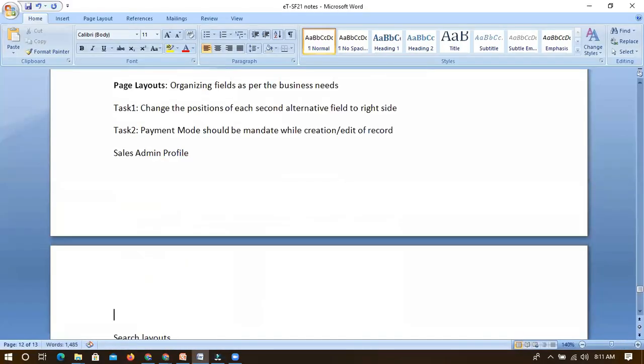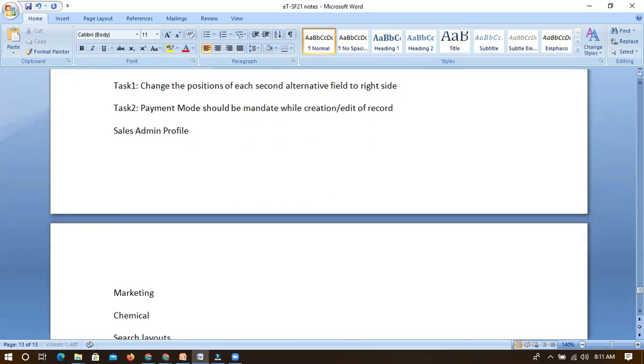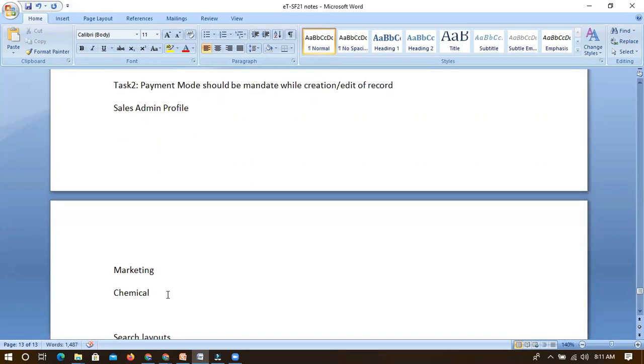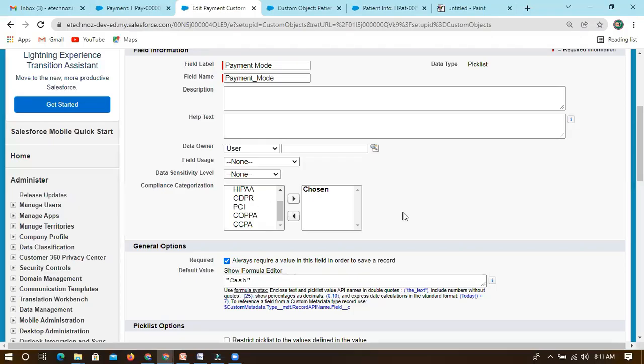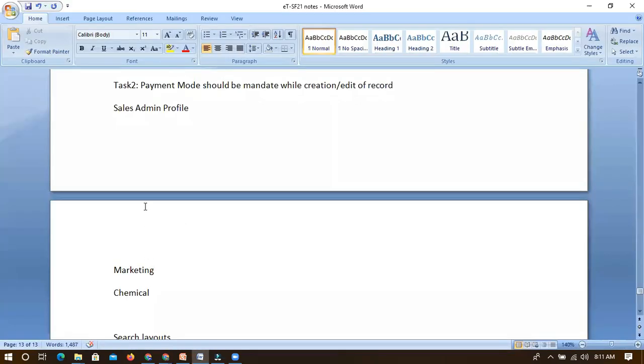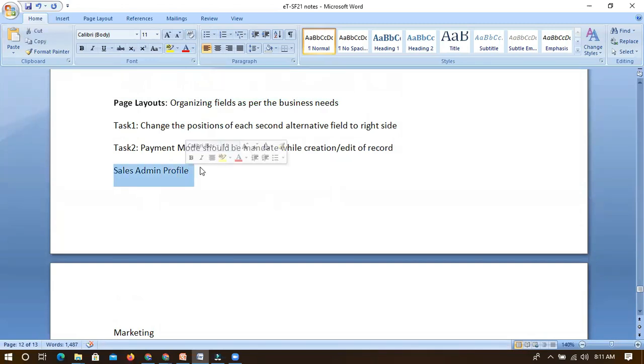There are others also, like sales, marketing, chemical, and we can have 100 or 50 or 150 different profiles in any organization. For all those profiles it will be available. Before, no one could see it, and later it will be available.